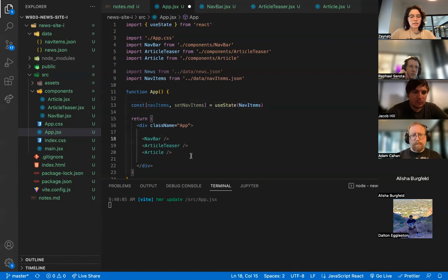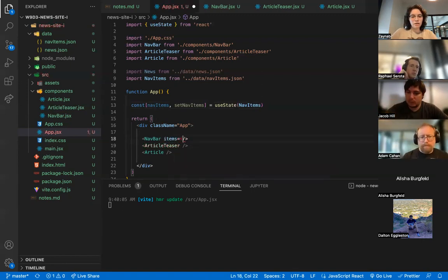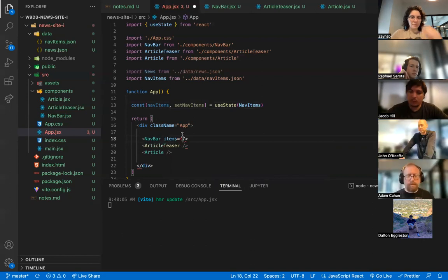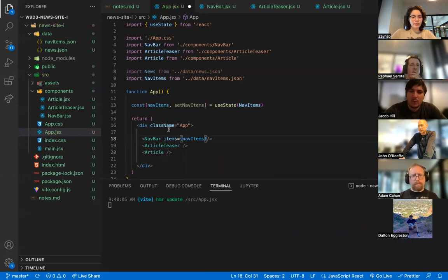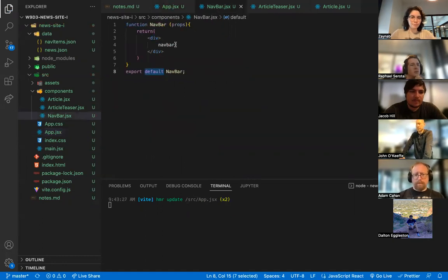Okay. So let's try sending this in here. I'll just call them items for now. Items, I'm going to send in my nav items. I don't really need to change anything, so I'm not going to use the set. Okay, so in my nav bar,